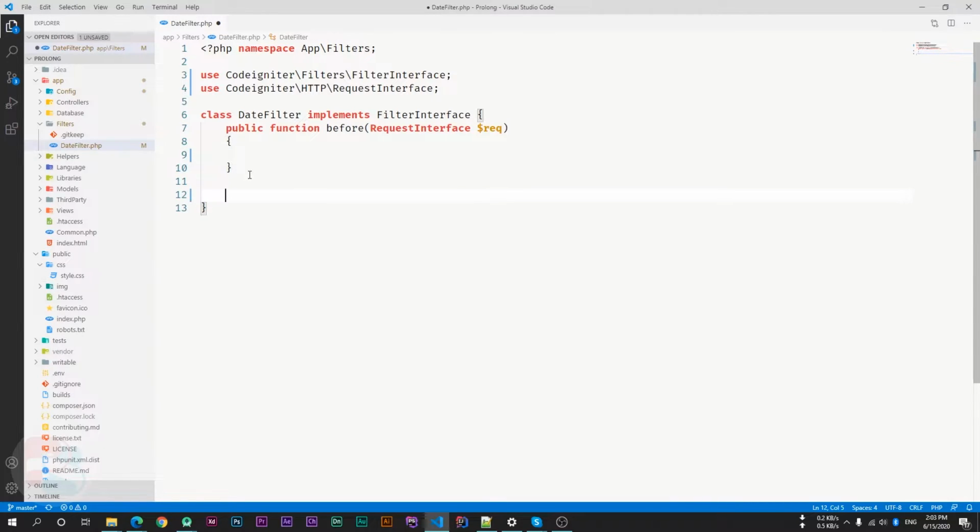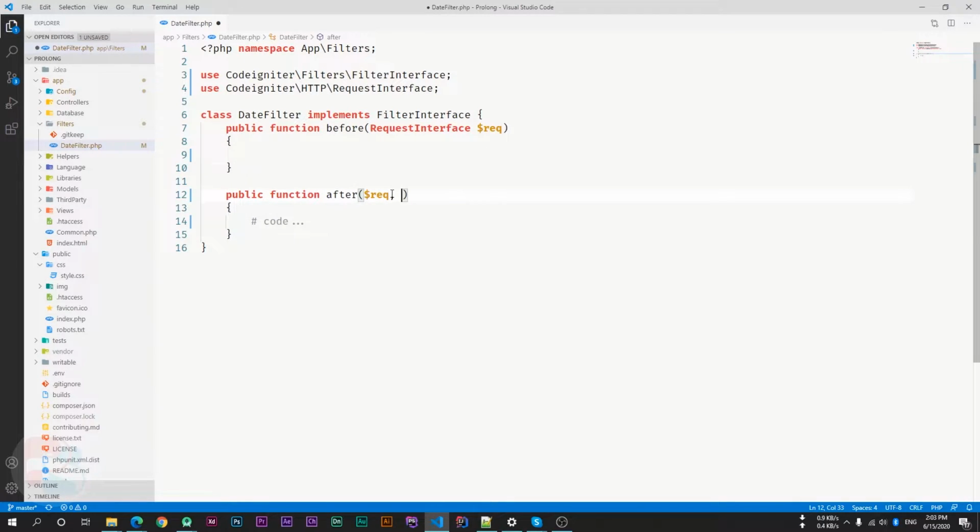And there is one more function, which is after. This function has two parameters. The first one is the request, same as the before function.